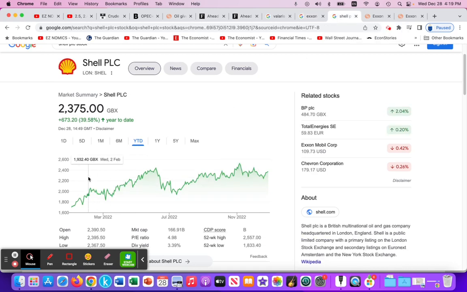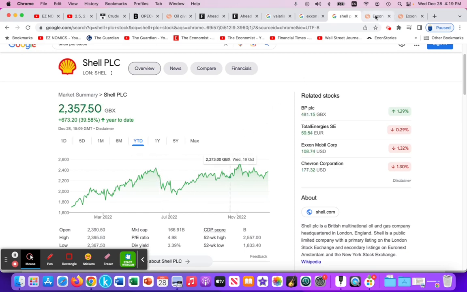And we can see with Shell Oil as well, their share price rising, falling in the summer, and then rising again, and that will enable Shell to also increase their capacity. Now, these are all forms of negative production leading to negative consumption. So these are negative externalities that we want less of, but because of that higher price in the Russia-Ukrainian war,